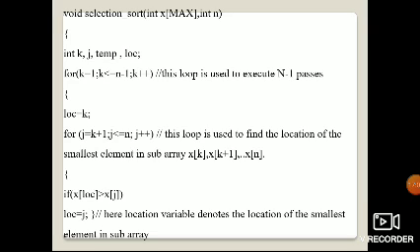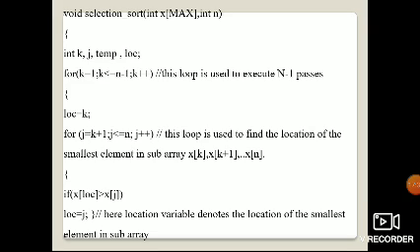Which is the smallest element, you have to search. So that is x of k, x of k plus 1, up to x of n.